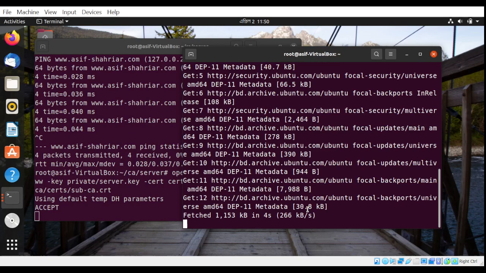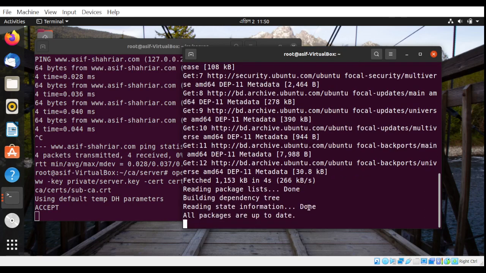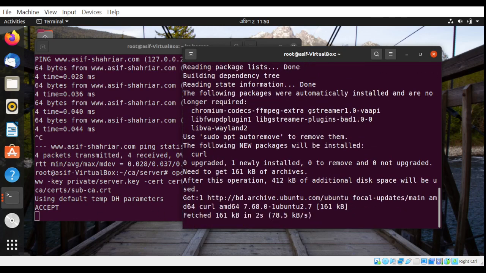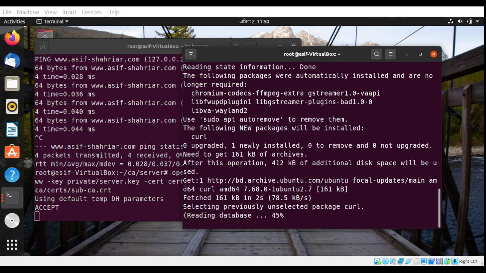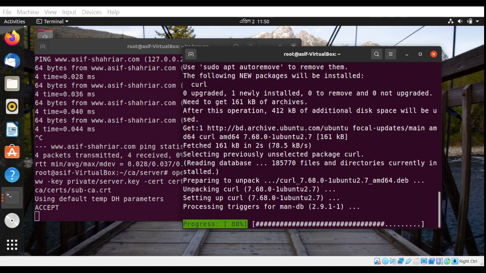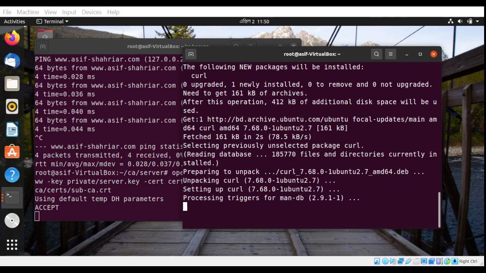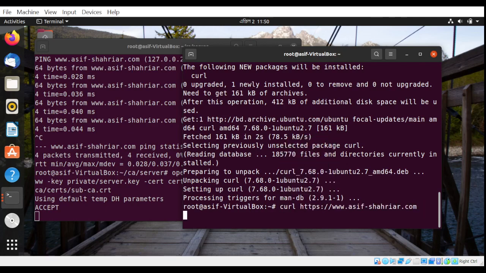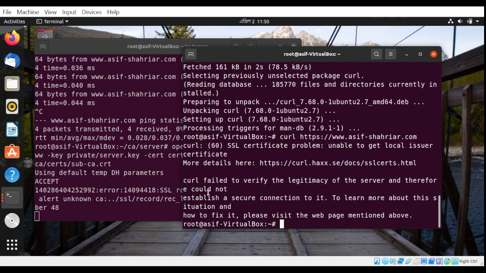Just wait a minute. Now check if we got HTTPS or not. No, curl failed to verify the server